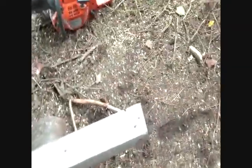Now what I've done is I've taken a 2x4, but you can use whatever width of board you need and whatever length, depending on the job you're doing. It's up to you. Now what I've done is I've nailed the board on one end of the log, and then the other end I'm going to finish nailing it. What I did was I centered the board reasonably onto the log, and what I'm going to do